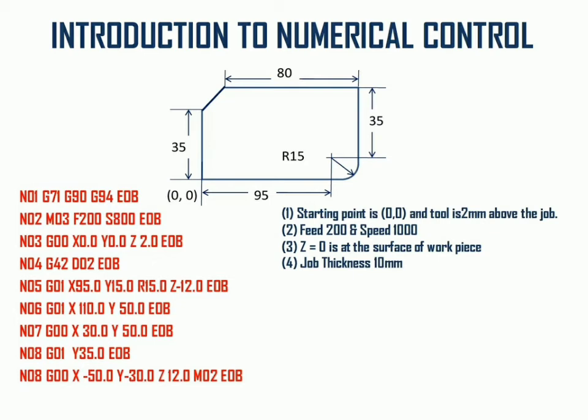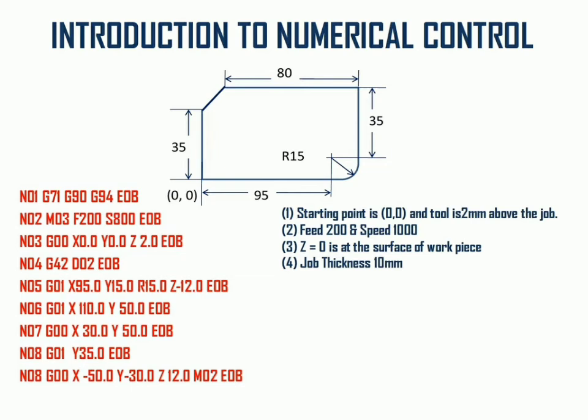Then the next instruction block, in which we need to apply cutter compensation. Cutter compensation right has to be kept because the outer radius needs to be machined, as we have seen in some previous coding introduction topics. So N04 G42 D02, EOB. The offset diameter we have to consider is 2 mm. The offset diameter of the tool should be kept outside of the job.